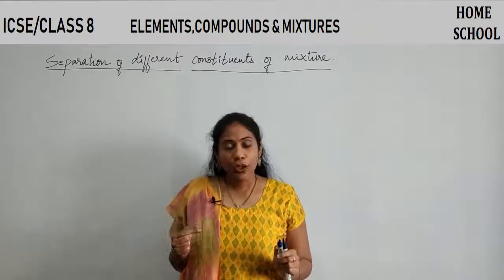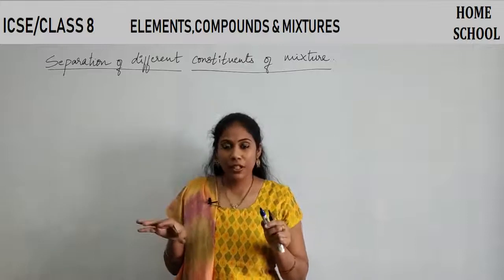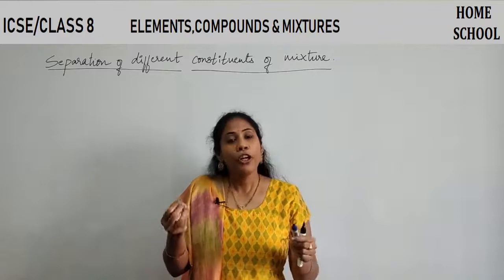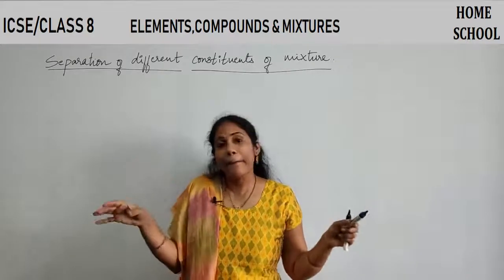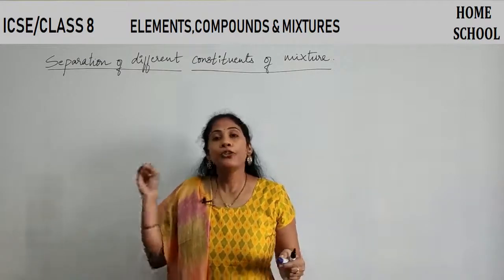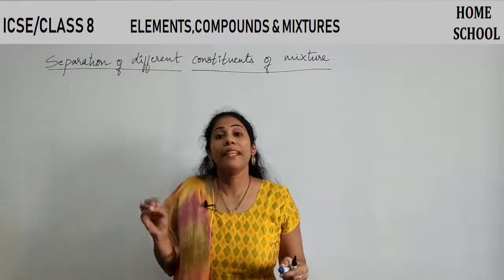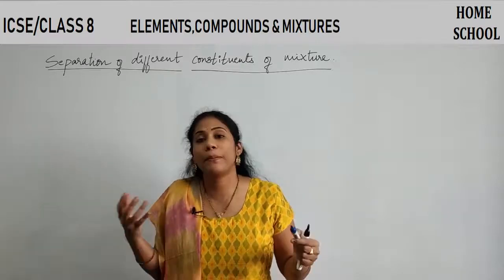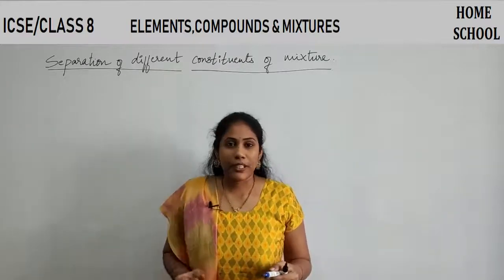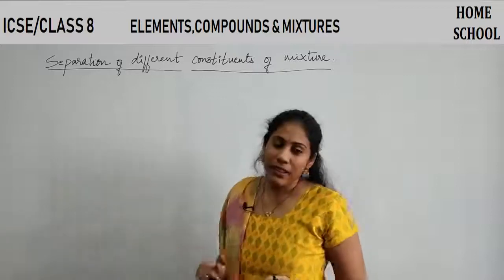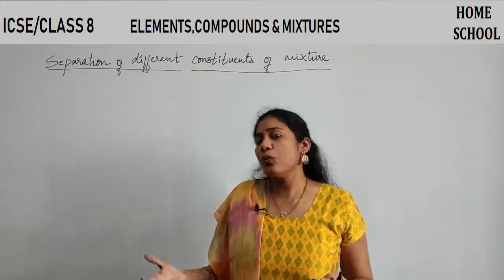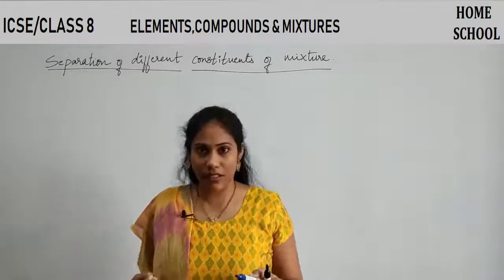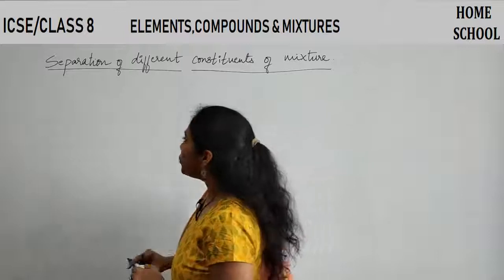I told you the components of a mixture do not have chemical bonds between them, so you can easily separate them by physical methods. Those physical methods for separating the constituents or components of a mixture are what we are dealing with today, right? And on what basis we select a particular method depends on certain factors. Clear? So what I'm going to write here is